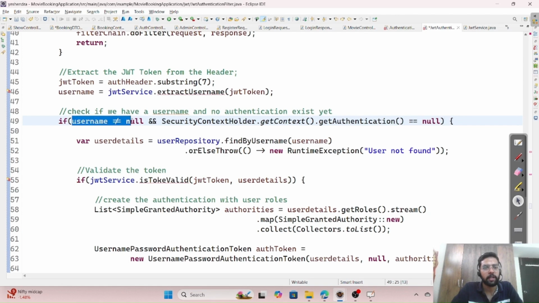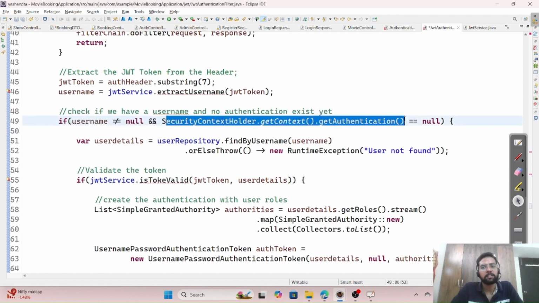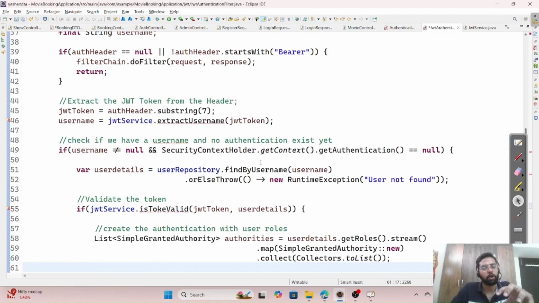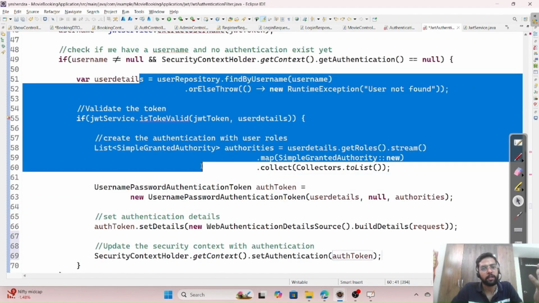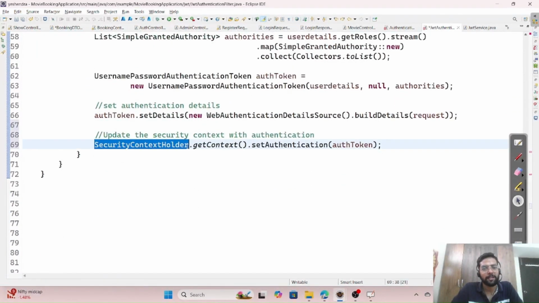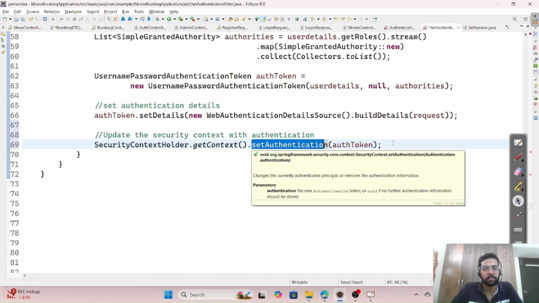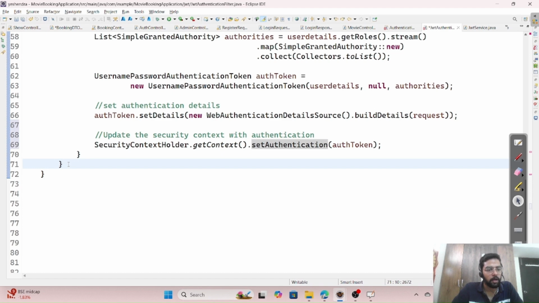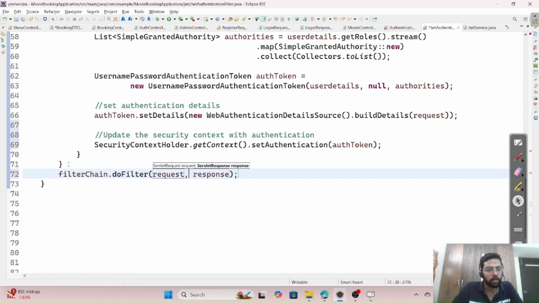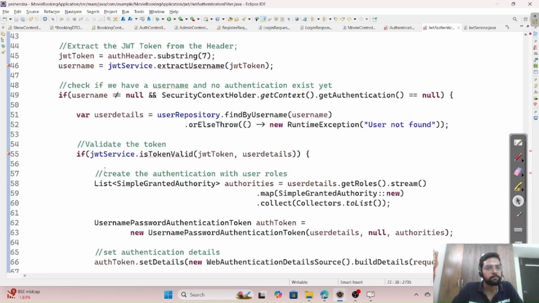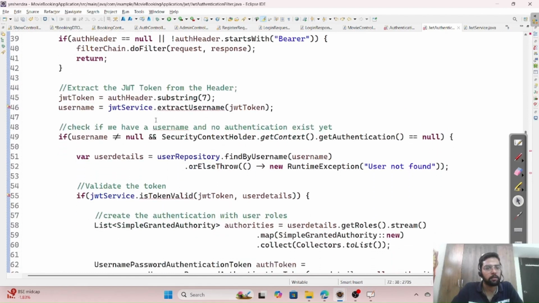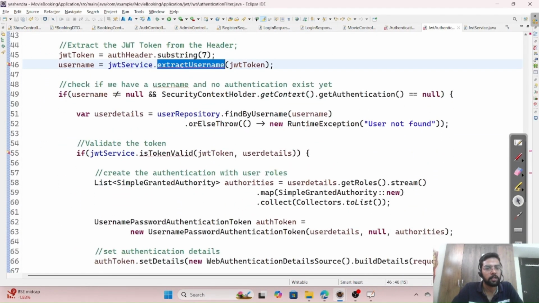If username is not null and the authentication is null, that means there is no authentication, then we will authenticate the user. If it's already been authenticated, then no use. So once it's authenticated, here is the token, and then we are setting SecurityContextHolder.getContext().setAuthentication. Fine, and then filterChain.doFilter, and this is okay. So done. Now just one thing remaining is we need to create the JWT service and these methods: extract username,